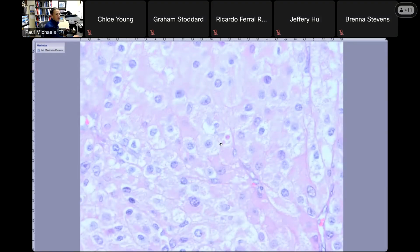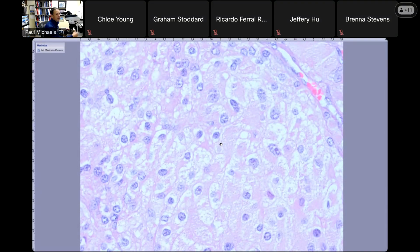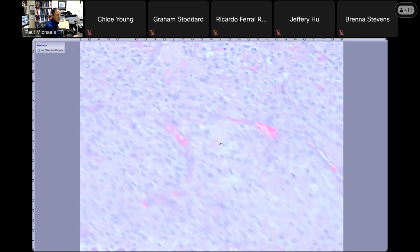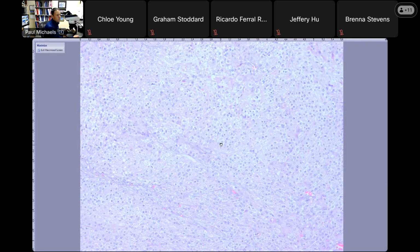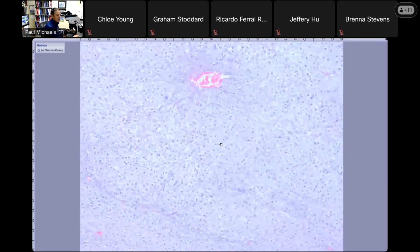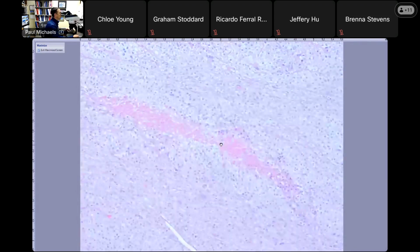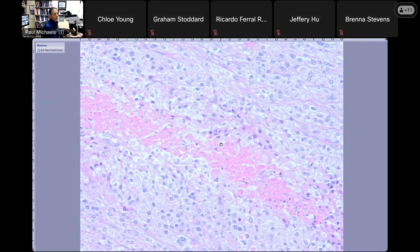So this is one where the nuclei are fairly atypical. They have a lot of cytoplasm, less clear cytoplasm; a lot of adrenal cortical adenomas have clear cytoplasm. These are usually much bigger, usually 8 to 10 centimeters, and usually heavy. If you start seeing necrosis, that is a very good feature of malignancy in the setting of an adrenal cortical neoplasm. If you want to separate this from what else it could look like,